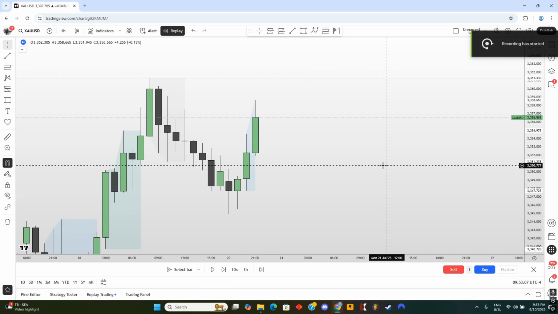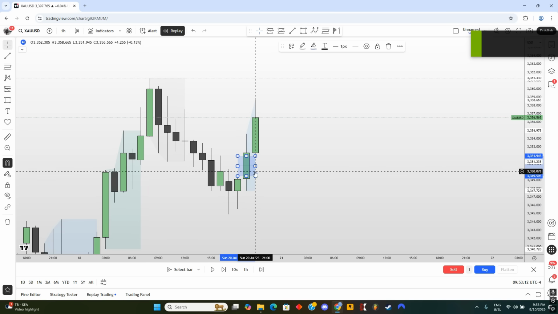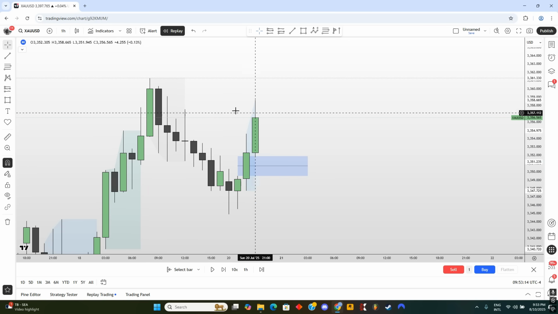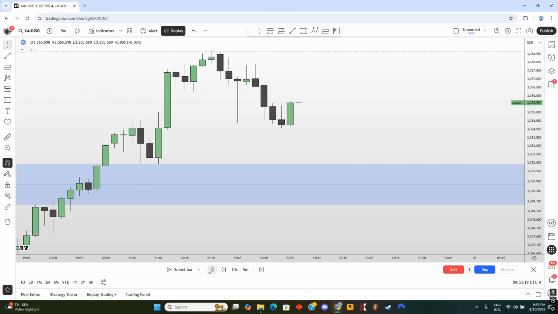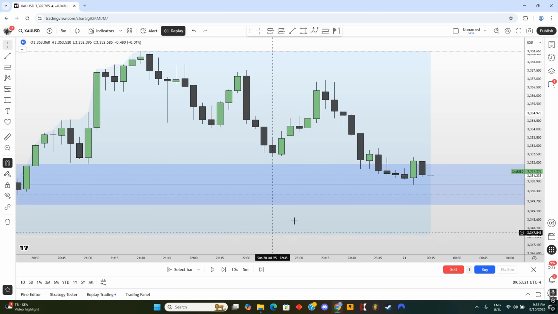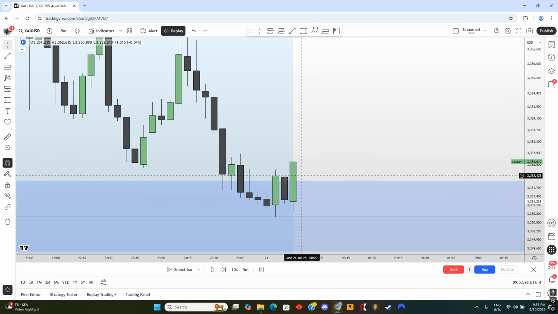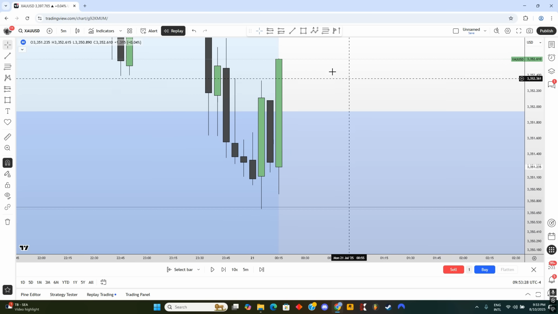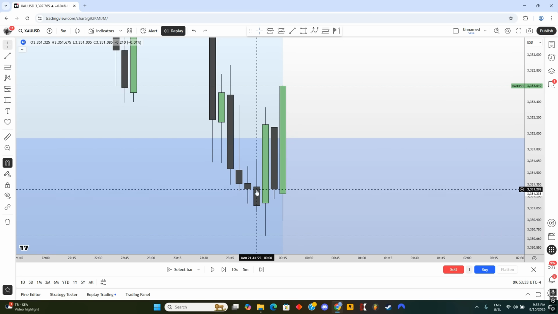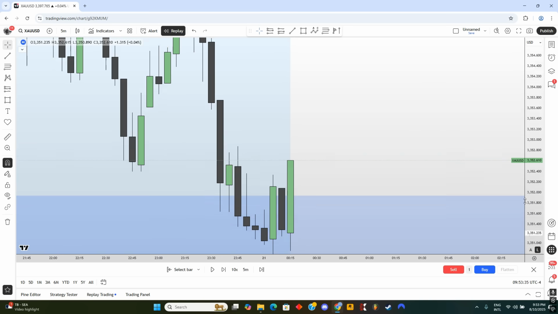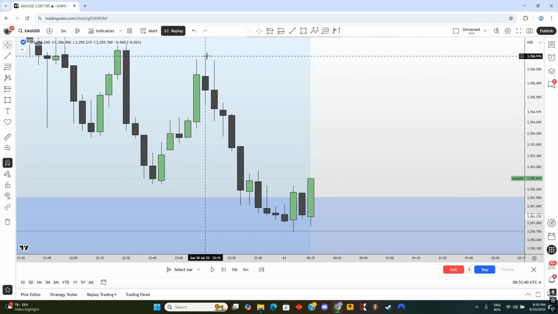All right, everybody, so here is the final example. Over here you can see that we have a 1 hour fair value gap. So that is going to be our key level. Now if I go on to the 5-minute time frame, we are waiting for price to dip into it. And right there we have price inside the fair value gap. Now look, from this dealing range high to this dealing range low, we don't have any fair value gaps inside it. So we're gonna refer back to the old dealing range. So this is the old dealing range, right?